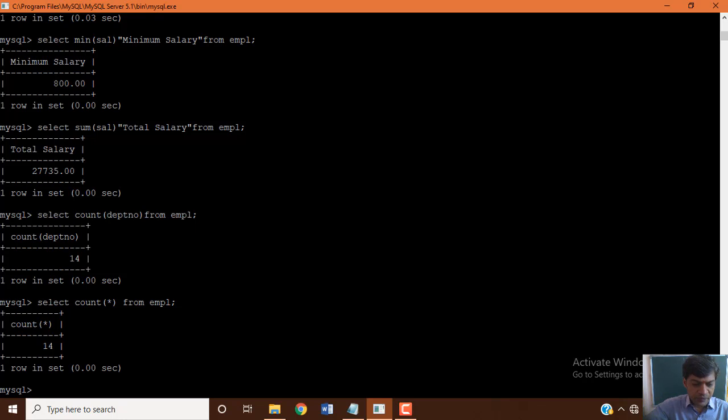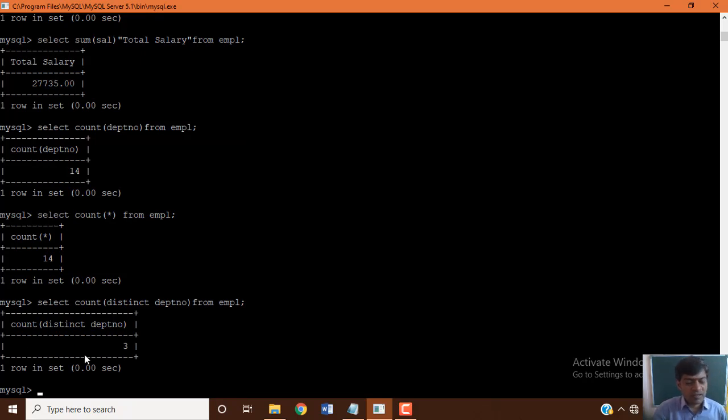Now let's see an example. Yes, select count of distinct DEPT num from EMPL. You can see only three departments, that is 10, 20, 30, which we used.